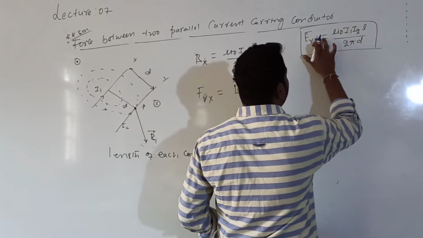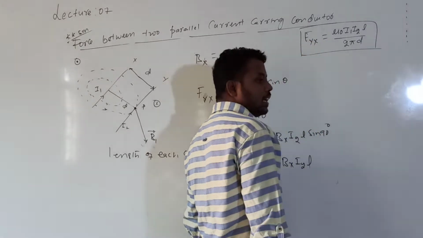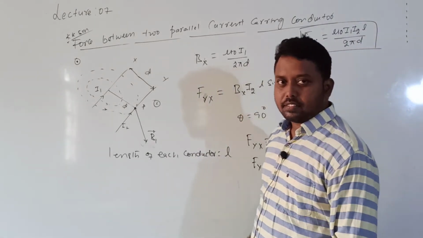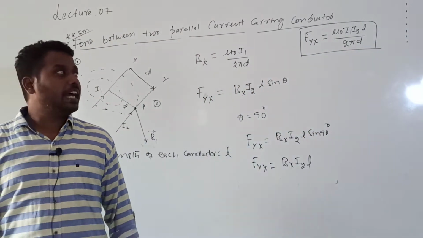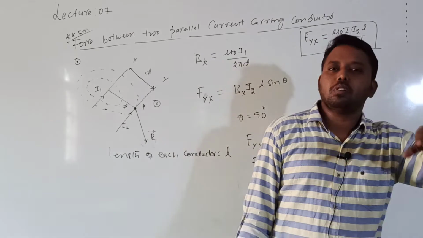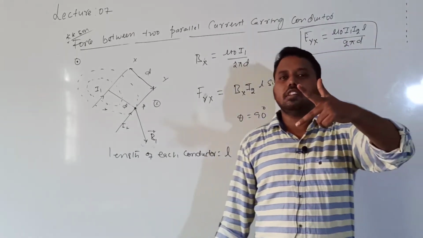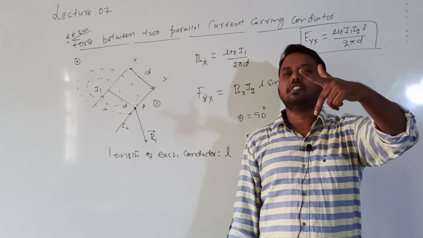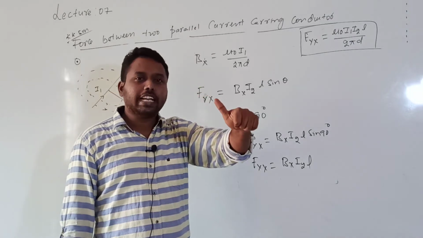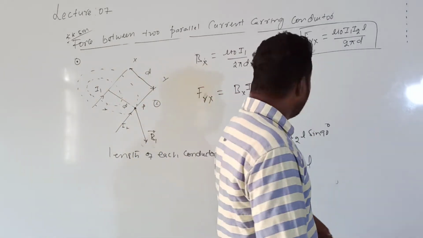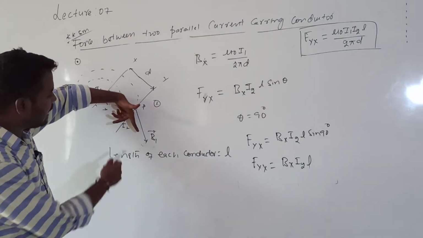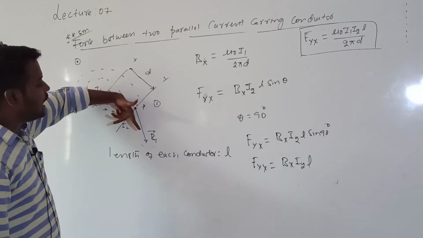So what is F YX? The force acting on conductor Y due to X. Force acting on which conductor? Y, due to which conductor? X. How can I find the direction of that force? The force acting on a current carrying conductor can be calculated by using Fleming's left hand rule. According to this rule, if the forefinger indicates the direction of the magnetic field and the central finger indicates the direction of the current, then the thumb will indicate the direction of the magnetic force. So you apply that rule. This is the direction of which one? Magnetic field, and this is the direction the central finger shows, vertically upwards, the direction of the current.